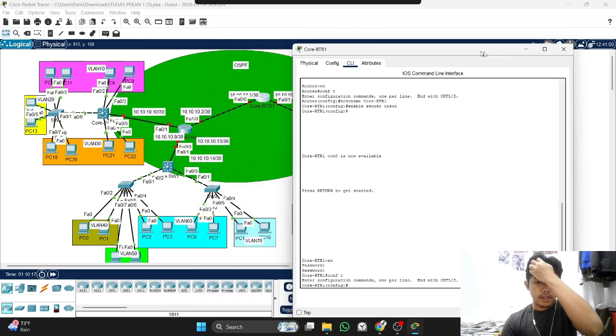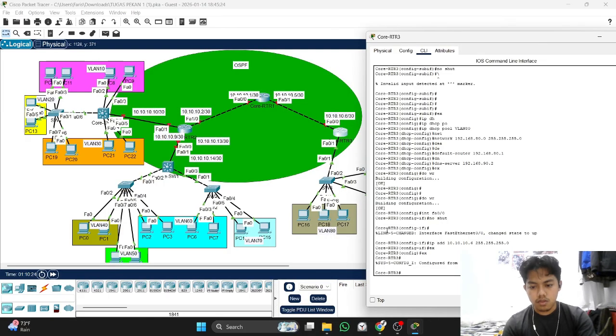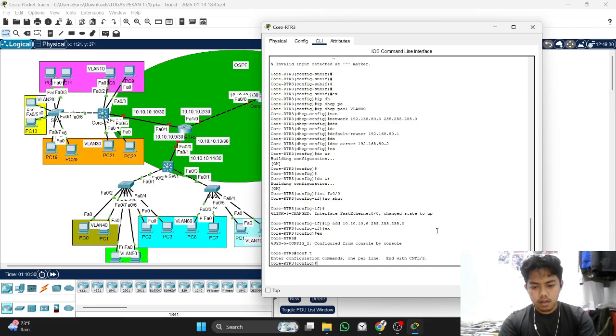We look at the interface FA1. Oh, I was wrong. Sorry. We go back to the core router 3 at the interface FA00.